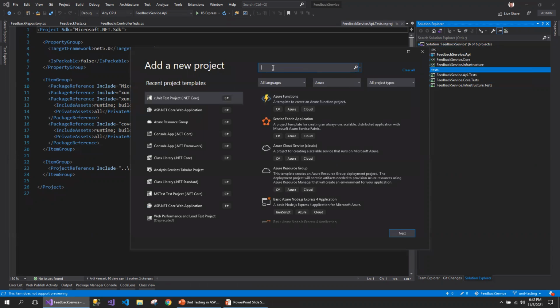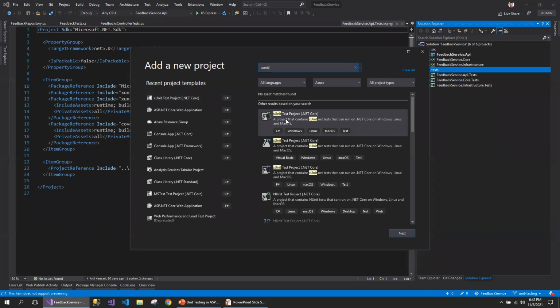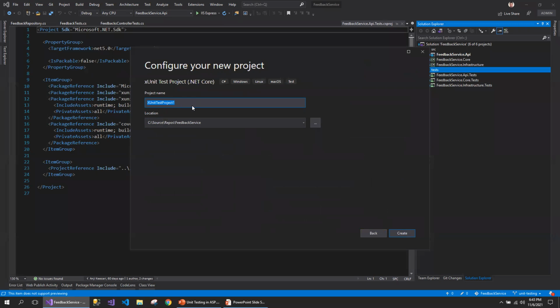I'm going to add the XUnit project. Here, make sure that you type XUnit and you will see the template in Visual Studio 2019. By the way, I'm using Visual Studio 2019 to create the test cases. So here you will see the XUnit test project with .NET Core. Make sure that you select this and click on next, and make sure that you give the